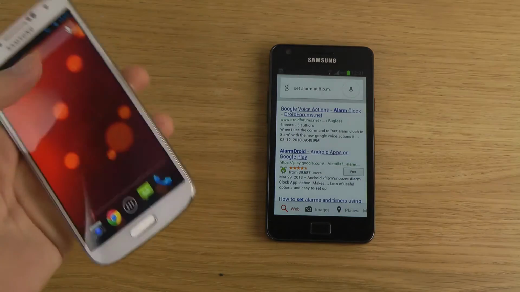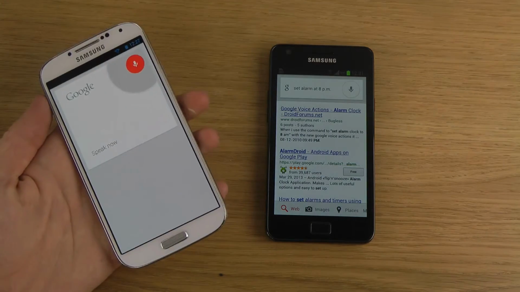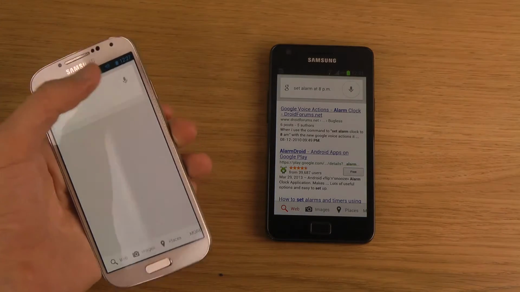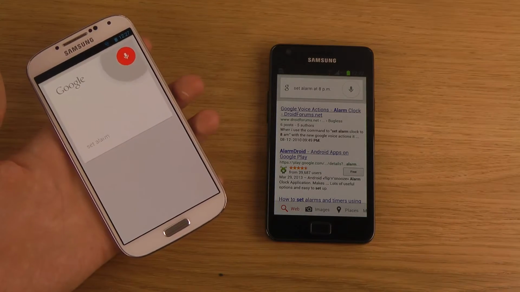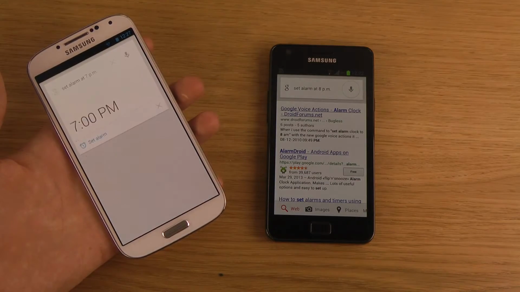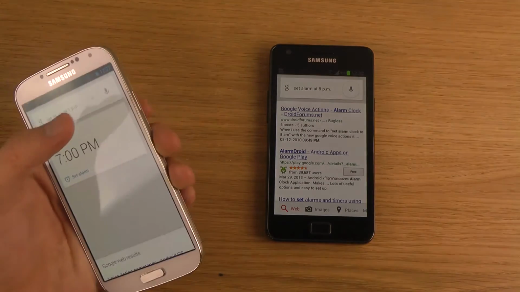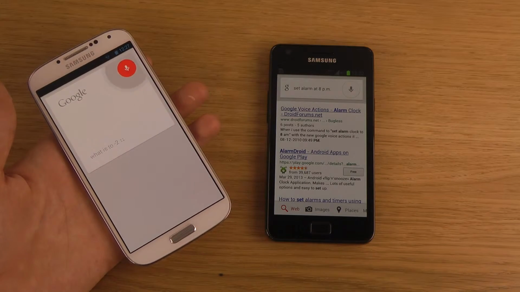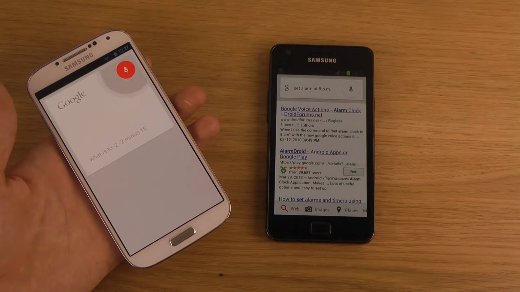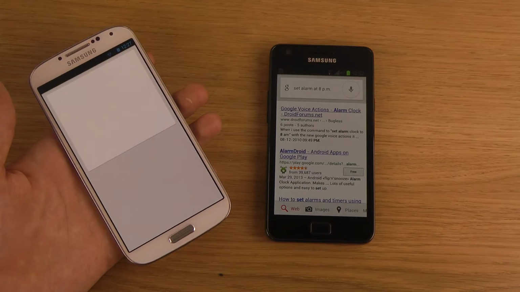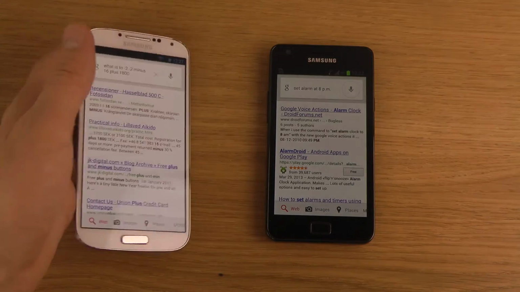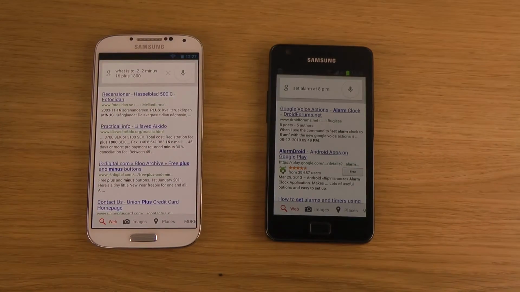So you can see here that if I say, set alarm at 7 p.m. Set alarm at 7 p.m. Setting alarm. What is 2 minus 2 minus 2 minus 15 plus 1800? Okay, I think I said something wrong there, but yeah,